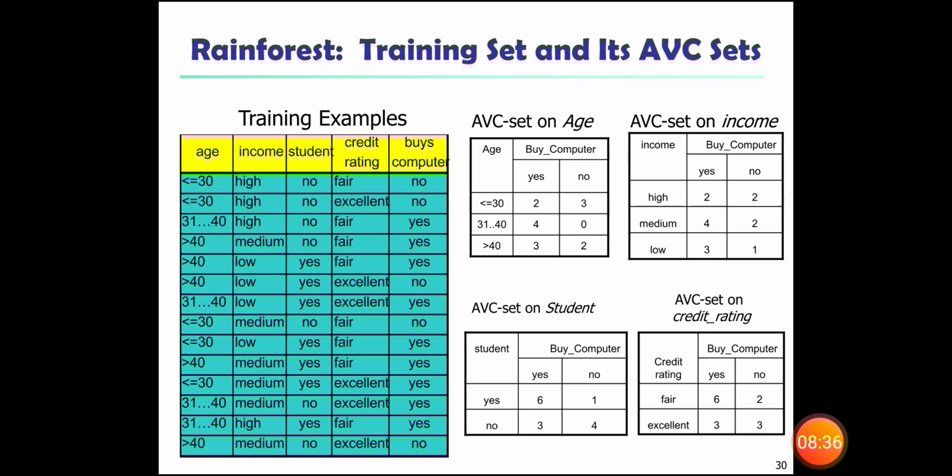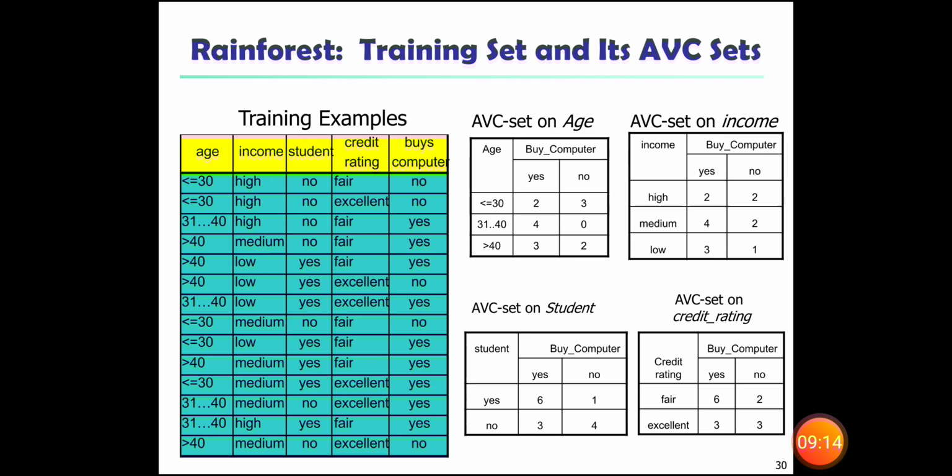With respect to age, when we do partitions, we need to take any one label. With respect to one label, how the status can be identified, and with respect to another label, how the status is identified. Here we can take first age, then income, then student, then credit rating. With respect to age, what is the buying status? With respect to income, what is the buying status? With respect to student, what is the buys computer status? With respect to credit rating, what is the buys computer status?